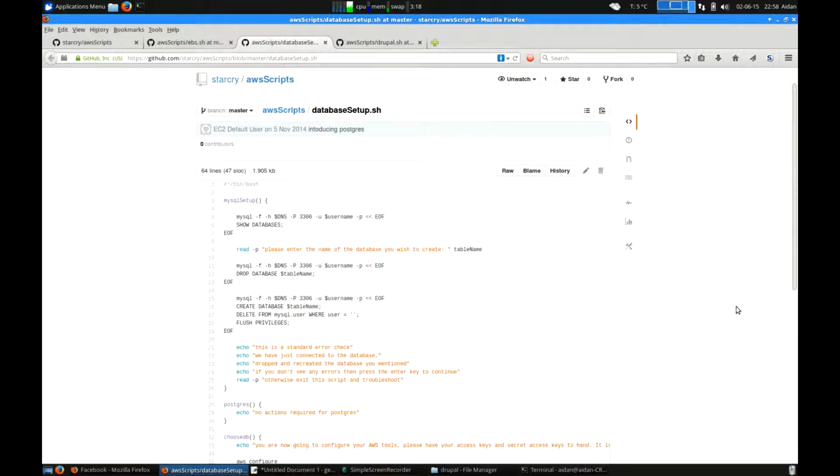Alright, so this is the database script. This essentially sets up a database. Now, at this stage of the game, it only works with setting up Drupal with MySQL. The reason being because, quite frankly, that's the only use case I've ever needed it for. At the moment, I have yet to get Drupal working on AWS, at least with RDS, with any other RDS instance type, i.e. any other databases on RDS other than MySQL. And a lot of that has just been down to apathy on my part. I just haven't needed to. So with that being said,